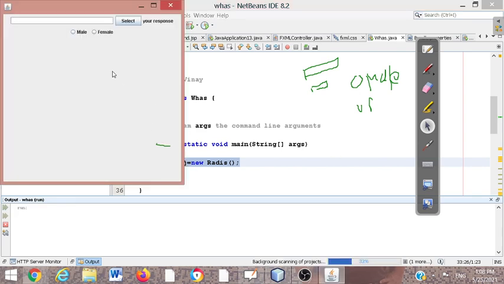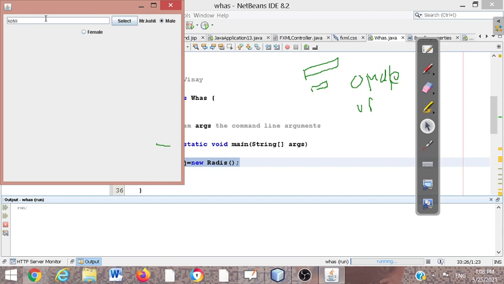Okay, now I'm going to write a first name, Kohli. Kohli is written and male is selected. So here it is selected, and when you select it, this action will be performed with the ButtonGroup class object, right? Select. Now see that "Mr. Kohli" is given because male is selected, right?